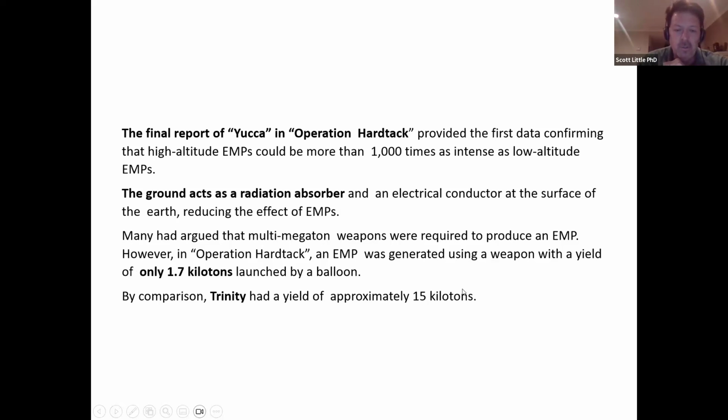So it was orders of magnitude greater, and they can imagine that that was a high altitude EMP just with that Trinity. And again, the nuclear devices we have now are many orders of magnitude stronger than 15 kilotons, in the thousands, some of them. And just even a smaller one that would be only 1.7 could still do quite a bit of damage.